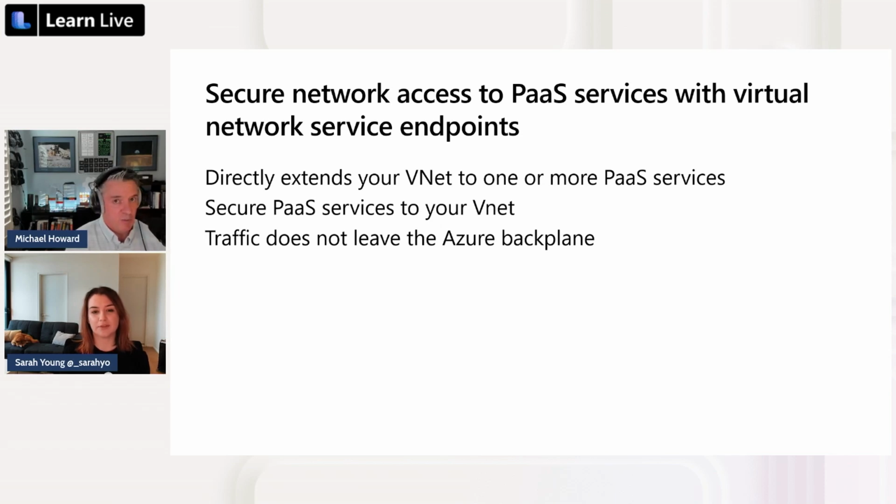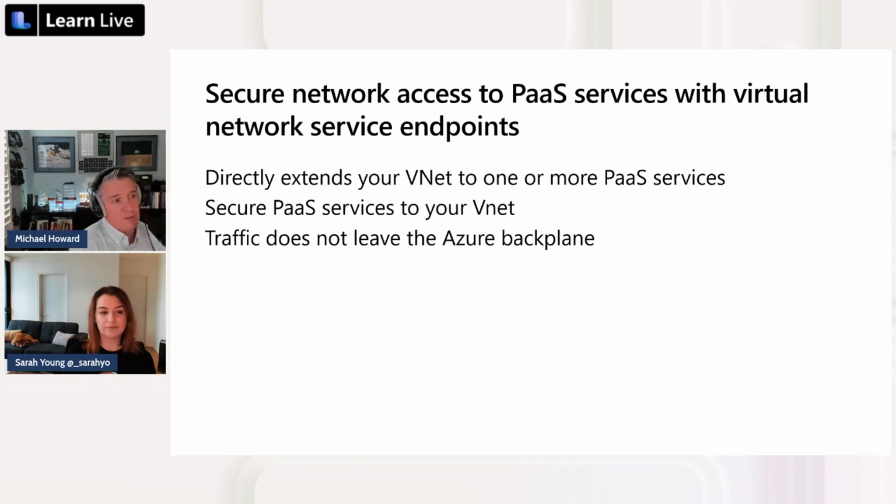Then you turn off public access first, and then you inject the PaaS service into your VNet. Now I can access that PaaS service, for example a storage account or Cosmos DB, using a private IP address. But under the covers,